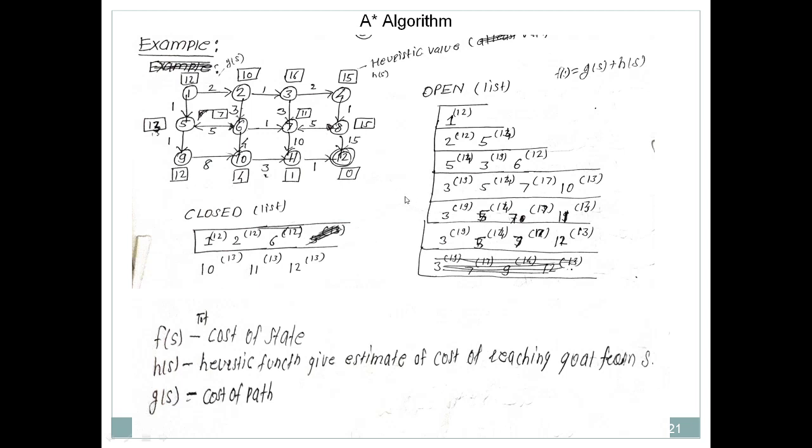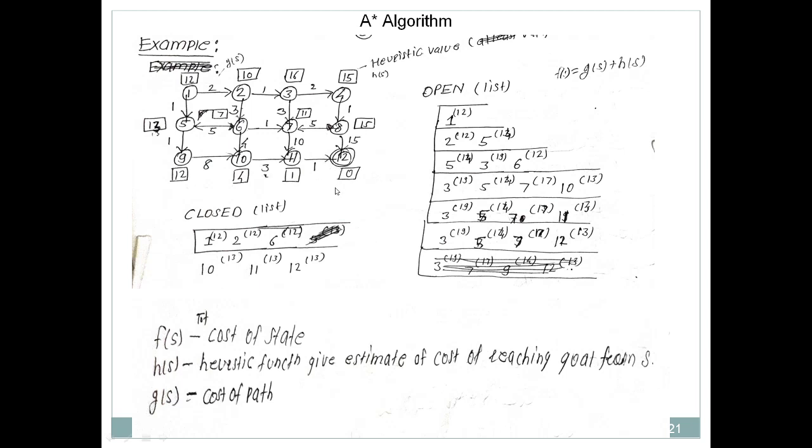12. Now we have to calculate the total cost, or f value, for 12. Its h value is 0. Why is its h value 0? Obviously the cost of moving from the goal state to the goal state is 0, that's why its h value is 0. But it has a g value. How to calculate the g value? 2 plus 3, 5, 5 plus 4, 9, 9 plus 3, 12, 12 plus 1, 13. So that value is 13, and the f value for 12 is 13.